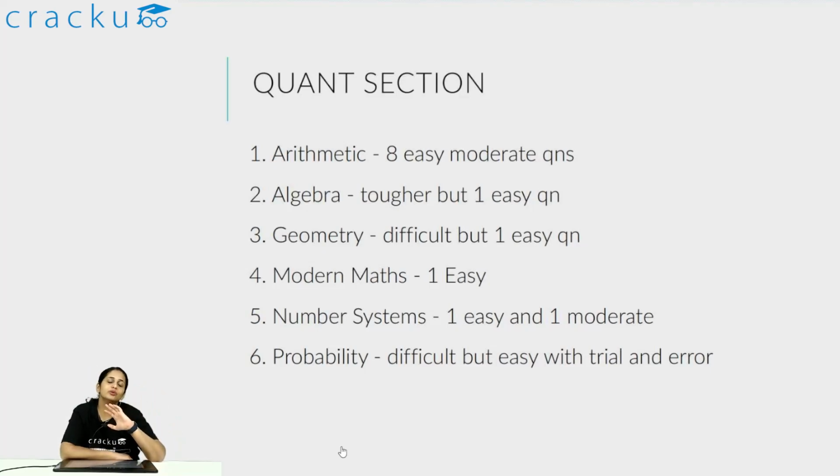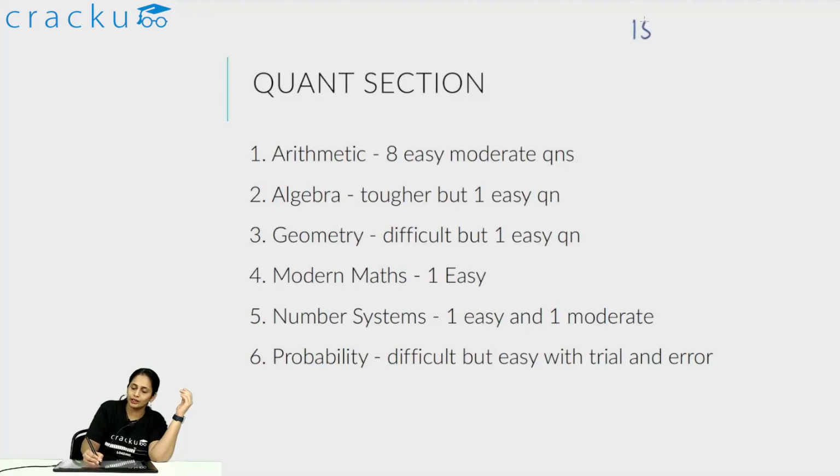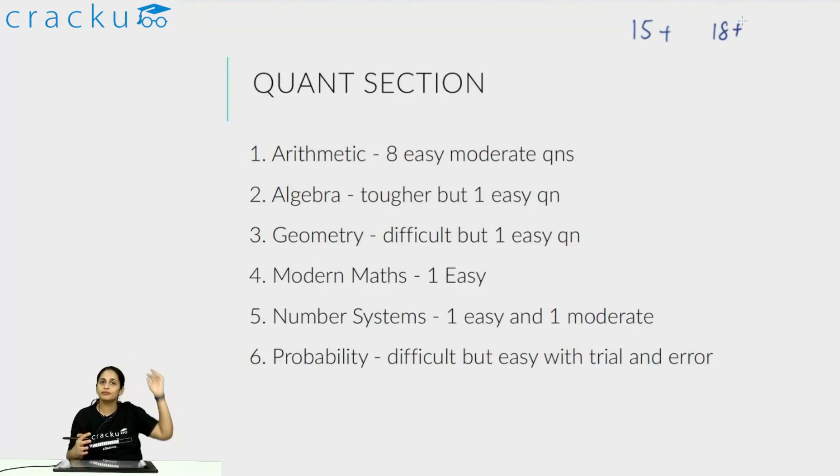Not that each question was easier, but the number of steps involved, or the time taken to actually reach the answer, was lesser in most cases, which meant your attempt consequently should have been higher in this particular DashCAT. So in this, I had time to see all the questions. I couldn't attempt all the questions, but I had time to see all of them and seriously consider and try to solve them. So ideally in this kind of test, I think you should try to attempt 15 plus questions. A good attempt would be 18 plus, but at least you should try to attempt 15 plus questions,